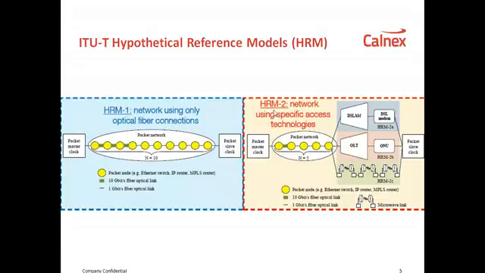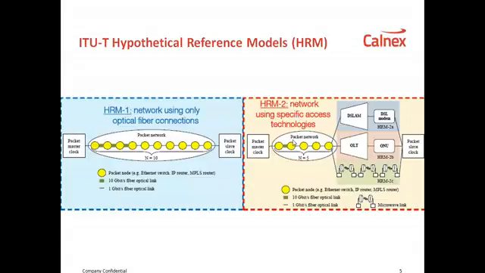So depending on which of these flavors of networks is deployed in your mobile backhaul, whether it's an all-packet network end-to-end or a mix of a packet network and a different access network, these relevant HRM1 and HRM2 models apply